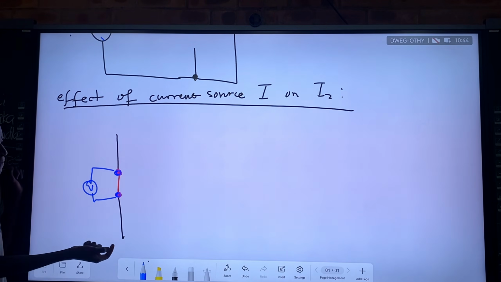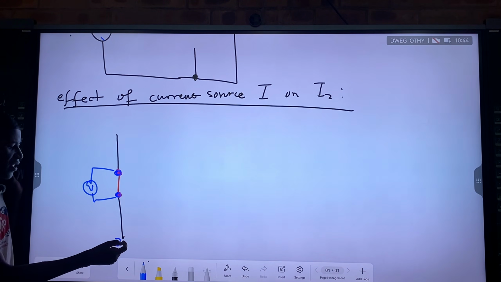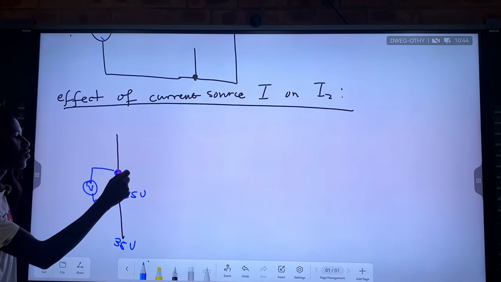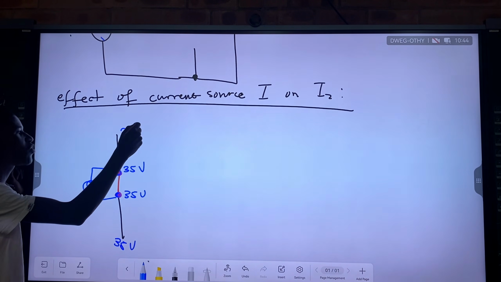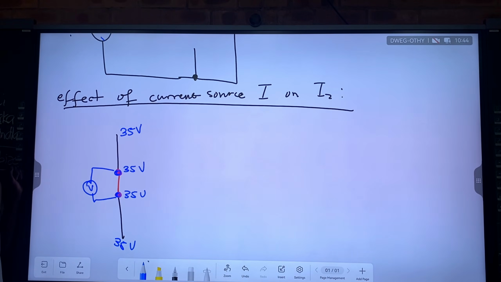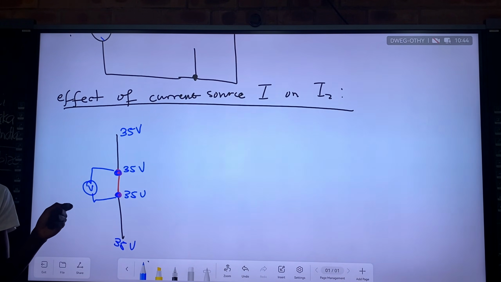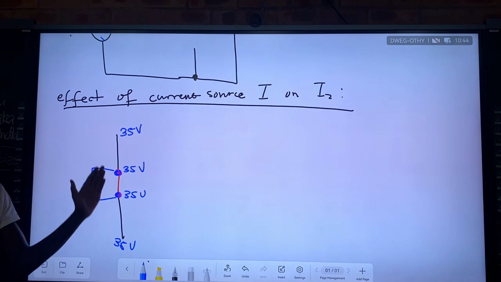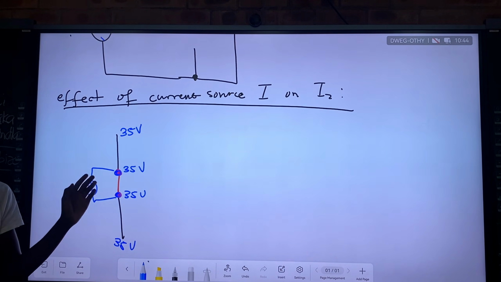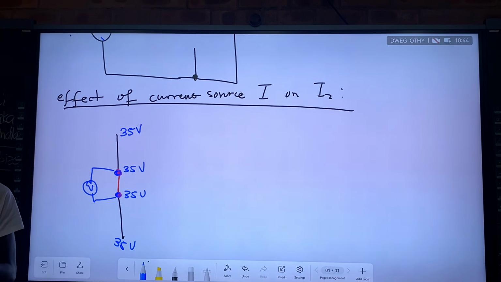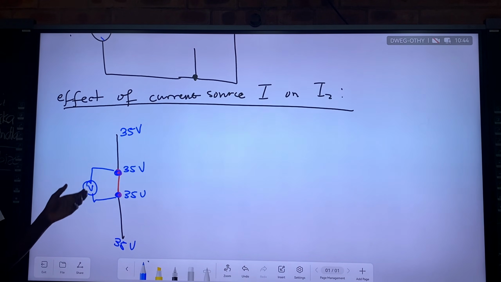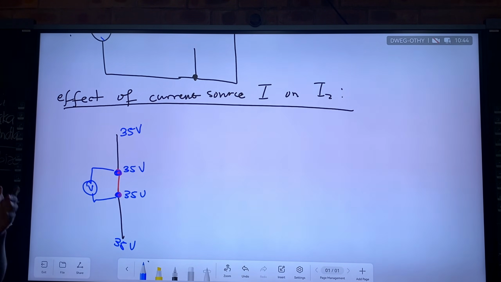You see, I am saying, if the power source is 35 volts on this side, then here it is 35 volts, and also here it's also 35 volts, because there is no resistor that is responsible for a voltage loss, no voltage drop. And according to Kirchhoff's law, we only have a voltage loss when you've got a resistor or when you've got an active element in a circuit. An element that is opposing current. In this case, there is no element opposing current. In other words, we don't have any potential difference. We can only have a potential difference if there is a resistor which is opposing the flow of current.